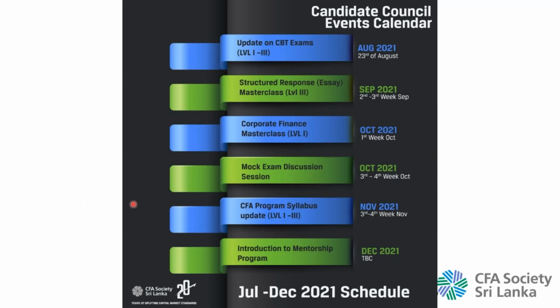We also have a few more master classes where we'll be going over specific topics. We did a feedback survey earlier in the year, and based on that feedback we try to accommodate some of these. We're also happy to say that we've got more resource persons on board, particularly for the level 2 exam, because that's an area where we've been finding it difficult to find resource persons. We'll be announcing those soon, for subjects like fixed income, derivatives, and financial reporting. We'll be checking with those resource persons and arranging some master classes for those sessions as well.